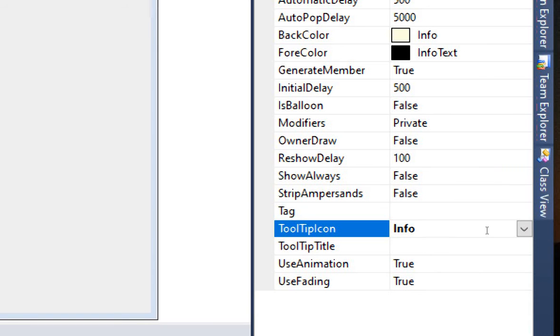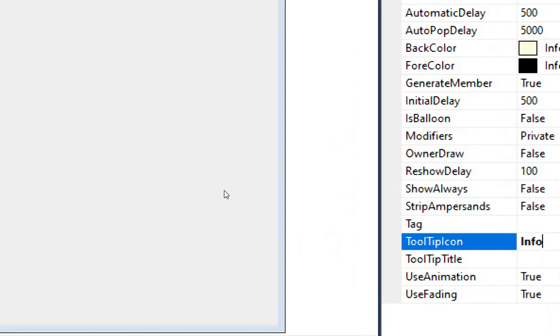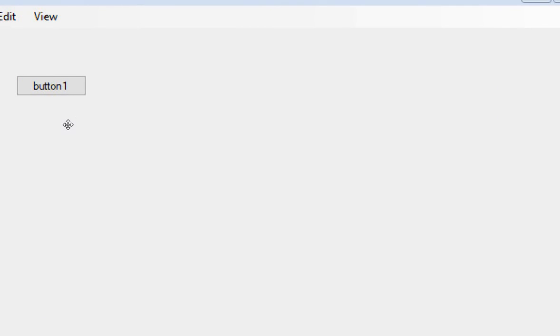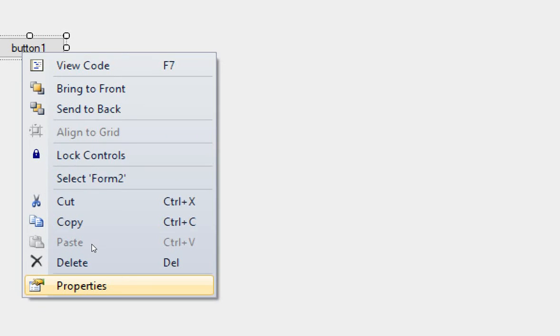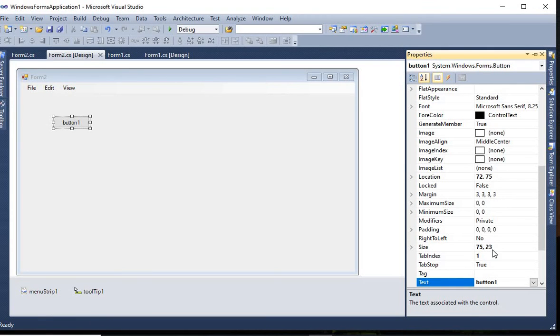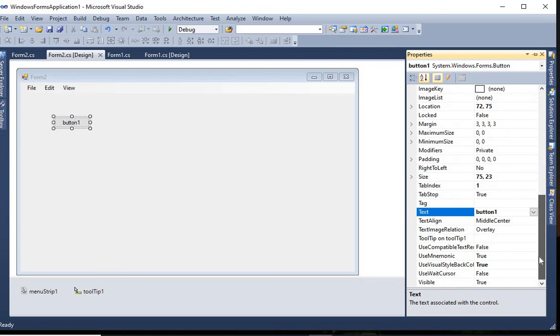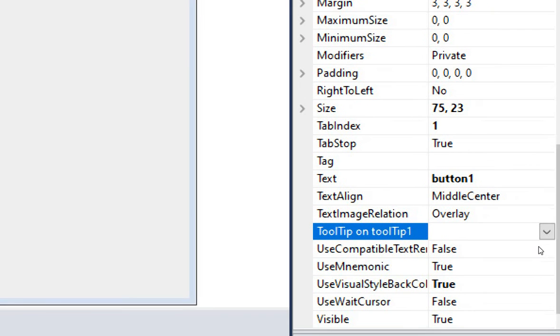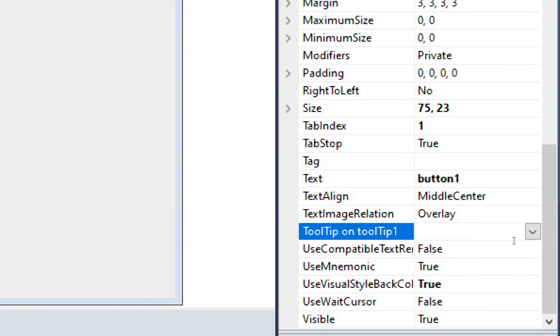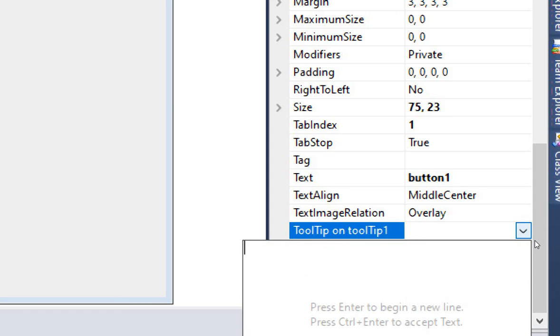For example, for information purposes we want to display, then we can select Info. Just save it and select the button, open its properties, and in the button properties you have to set one property, ToolTip on toolTip1. Just write the message over here: This is login button.